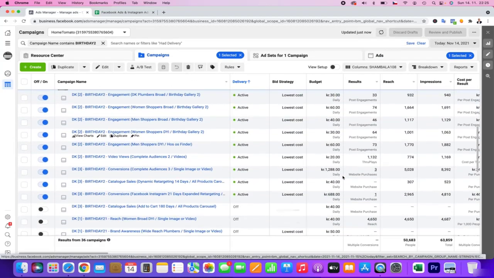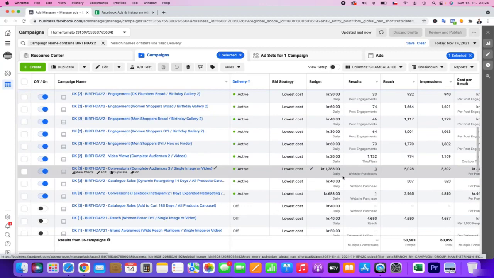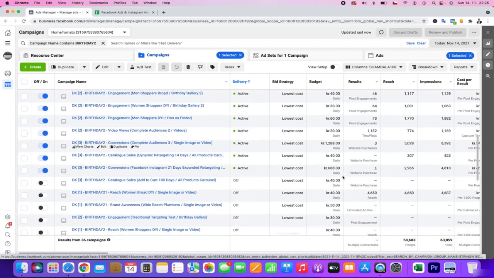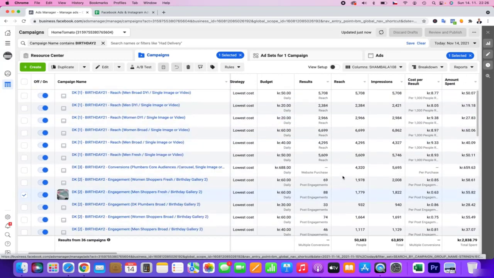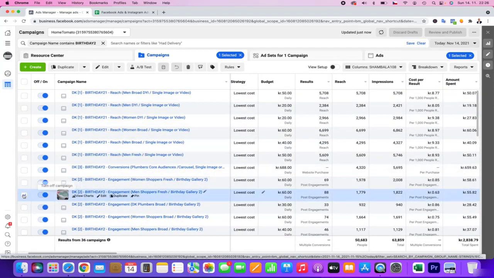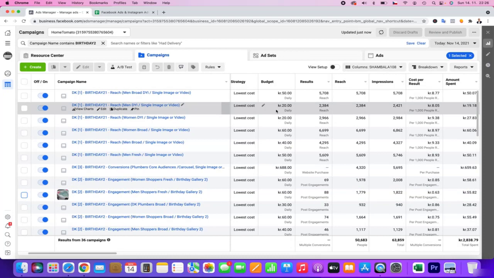And then of course we continued with conversions. Today we did have some nice conversions with complete audiences. And we did have also retargeting for Facebook, Instagram engagement. So now what we want to do is one more thing before we turn off everything and stop all the campaigns.